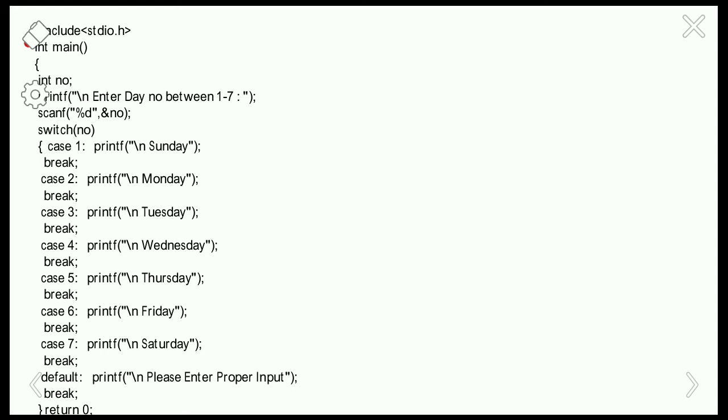So this is a simple program on the switch statement, how the switch statement is going to work. The program starts here. This program is on knowing the day in the week. In the week we are having 7 days. If you are pressing a particular number, based on that number it is going to print the particular weekday. So here 1 represents Sunday, 2 represents Monday, 3 Tuesday, and so on. 7 represents Saturday here. So enter the day between 1 to 7.